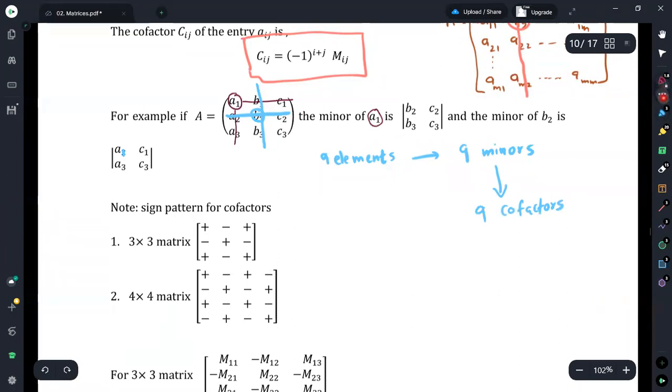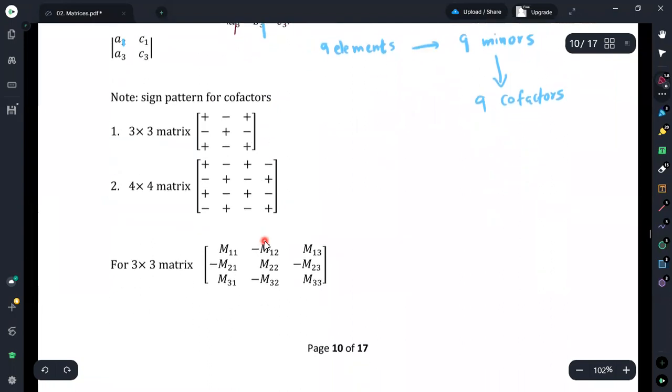Okay, when we are going to obtain this cofactor Cij, I told that we can use the equation which is defined by cofactor ij equals minus 1 to the power i plus j into this minor Mij. But apart from using this equation, instead of this minus 1 to the power i plus j, we are replacing this by the sign pattern. Therefore, we are introducing a new concept called the sign pattern.